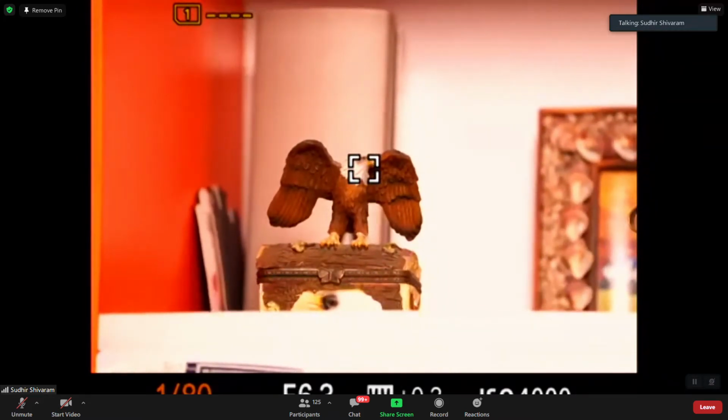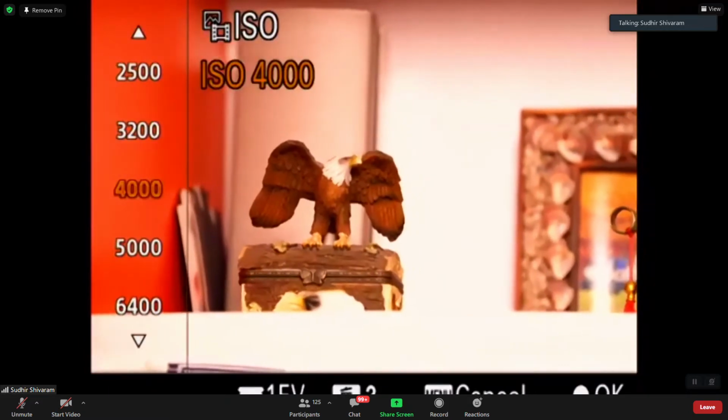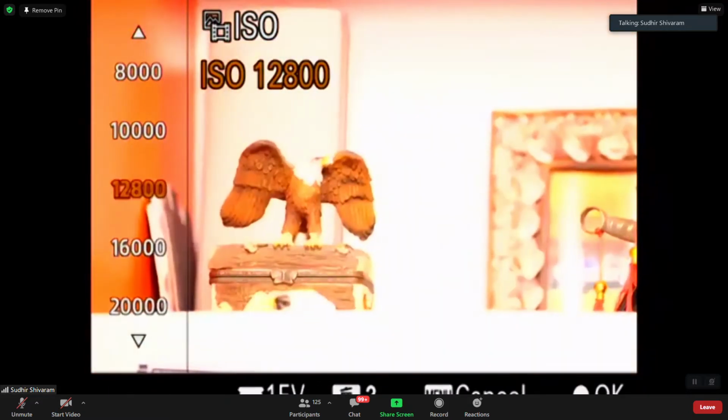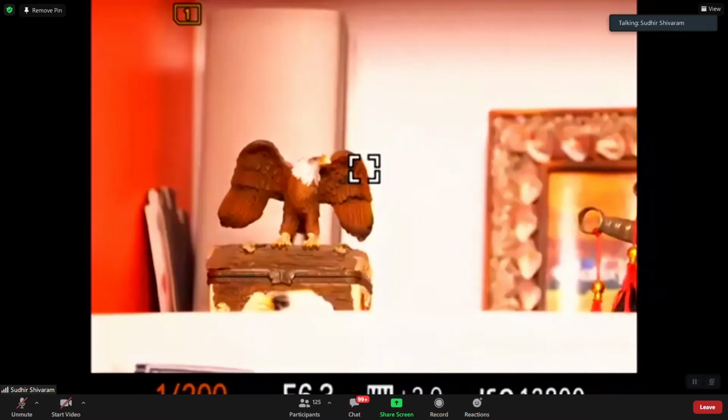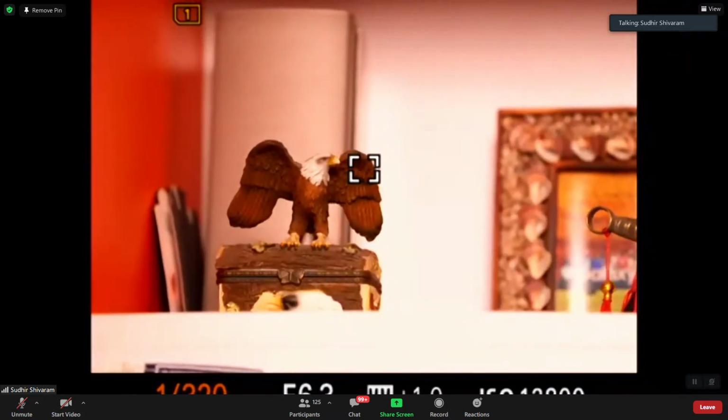Now you see the shutter speed is very low. If I need a higher shutter speed, I immediately increase the ISO, then come back and increase my shutter speed to get a proper exposure. So I keep changing the shutter speed and the exposure simulation tells me what kind of exposure I'm getting.